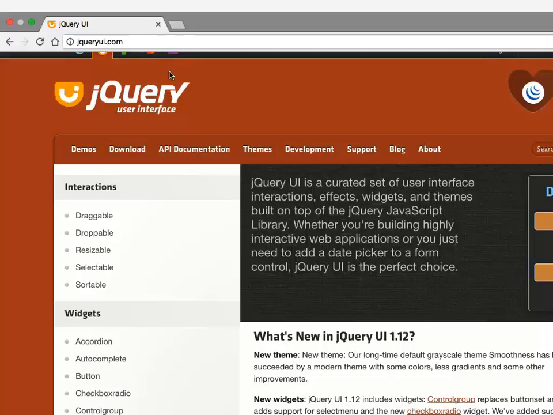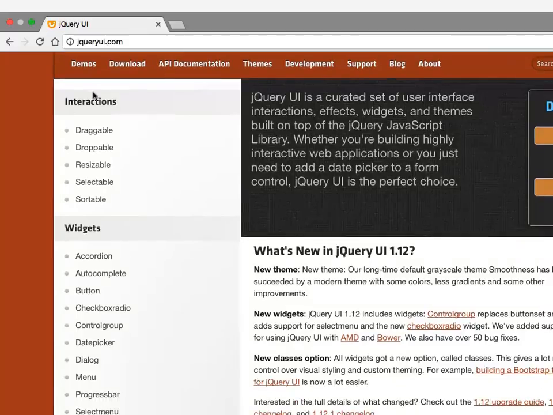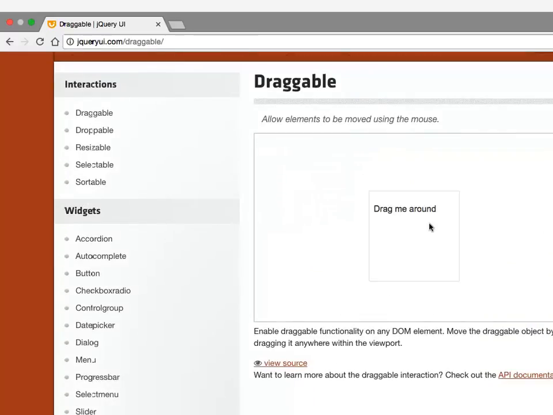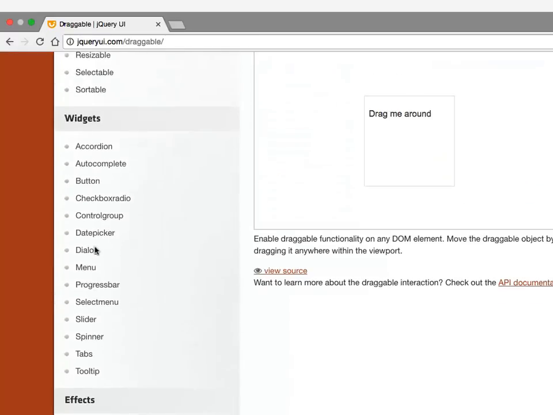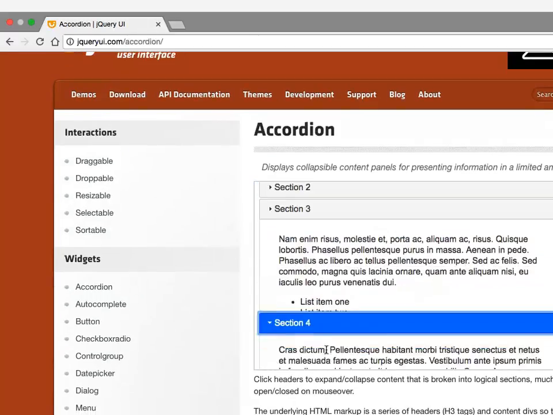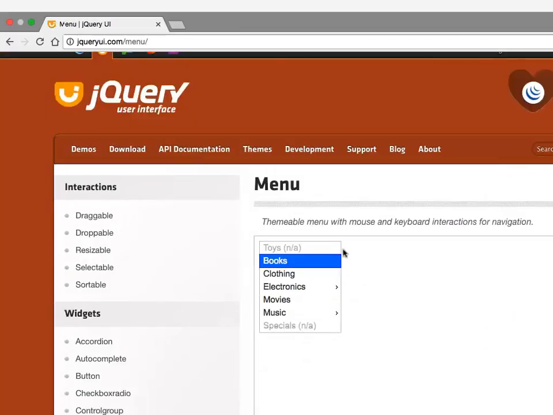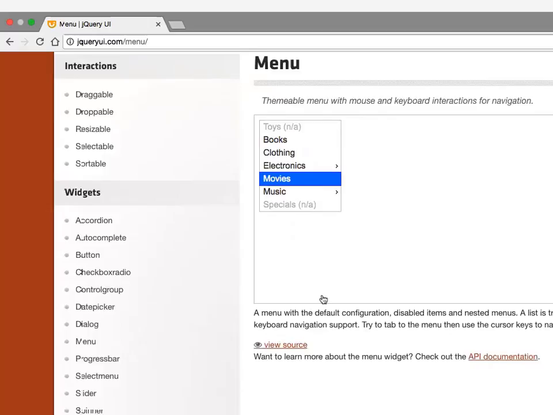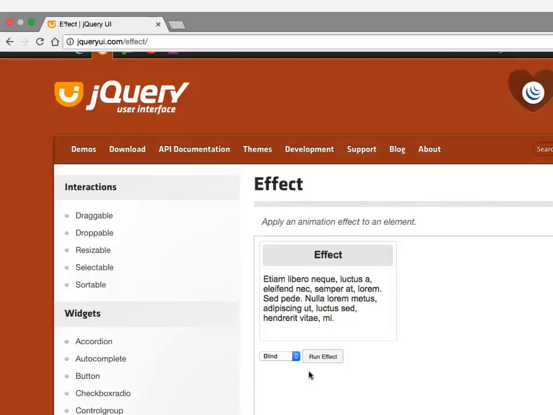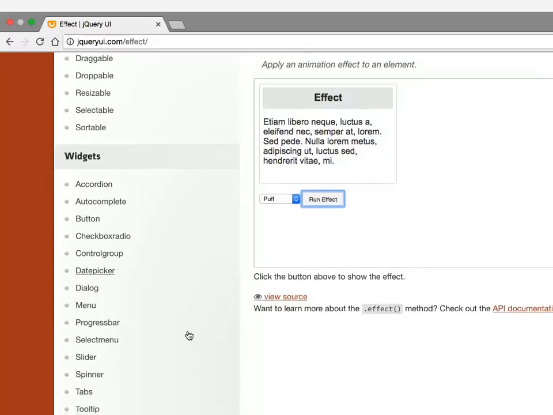So if you go to jqueryui.com, you can see some of the things that it does. If I take a look at the demos here on the side, I can make things that are draggable. I can make accordions. I can make a menu bar. There's all different kinds of things that you can do here with this tool. Let's do effects. These are fun. You can make things disappear, come in, come out. And obviously we're not going to use these to the full effect, but things that you may be interested in,